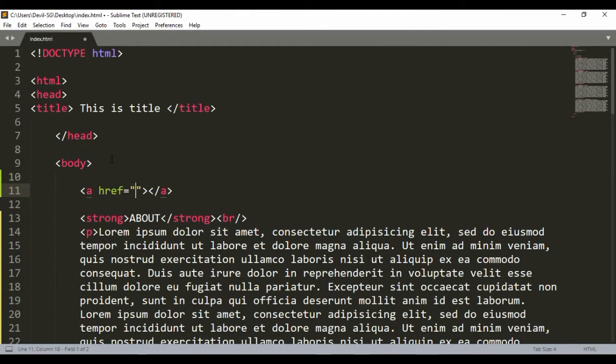In href you have to remember to write the name exactly how it is written. But one thing you have to remember every time is that before writing the name we have to put a hashtag symbol, to say that the thing it is searching for is within this page itself. So let's write here information,